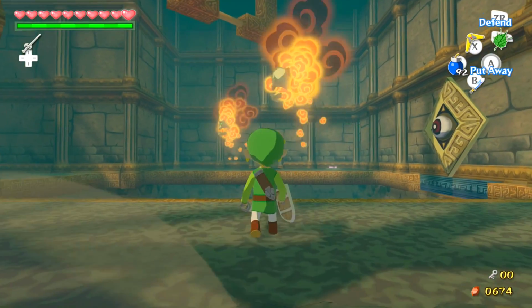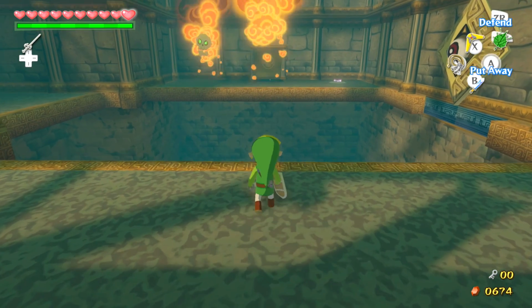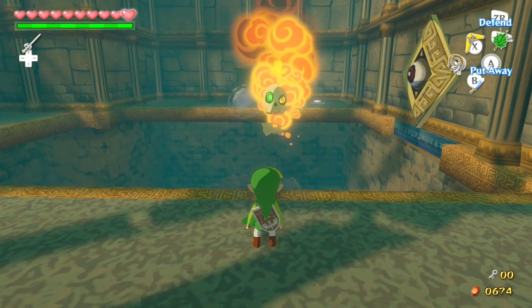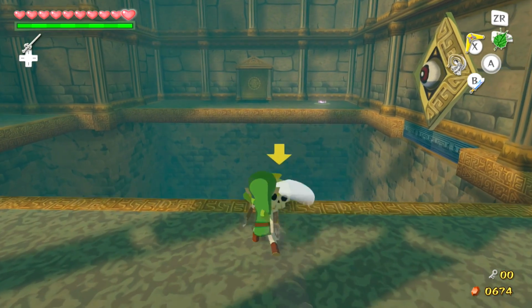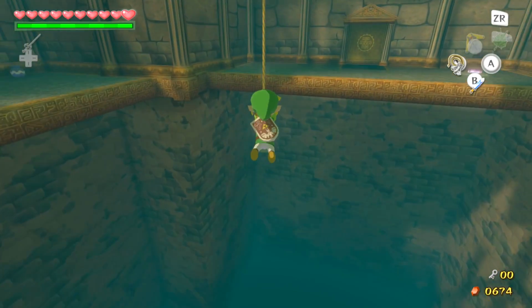Anyways, we're going to need our grappling hook to do this next segment. So let's go to my items and pick that up. Now there are bubbles here. I'd actually like to aggro and hit them with this Deku Leaf, because clearing this area can be kind of problematic if you don't have that. Let's just get these guys out of the way. Next, we're going to take out our grappling hook, grapple onto this thing,